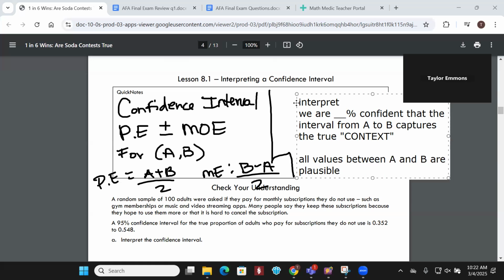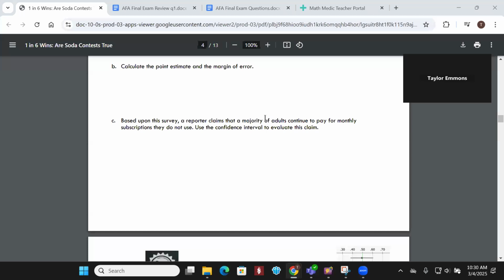All right, your turn. Try your check your understanding. So A, B, C. First one should be easy. The second one should be easy. And the third one should be easy. All right, ready? Go. Okay, so we can't say that the claim is supported. Can't say for sure